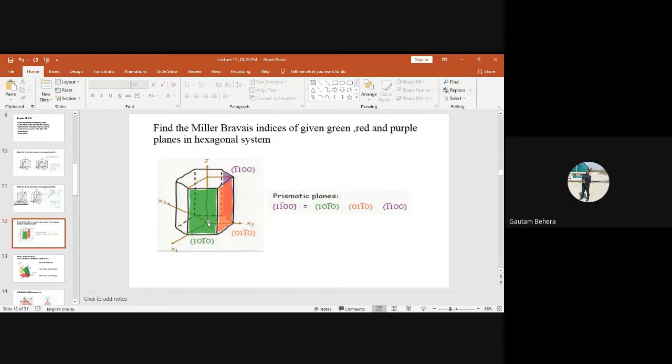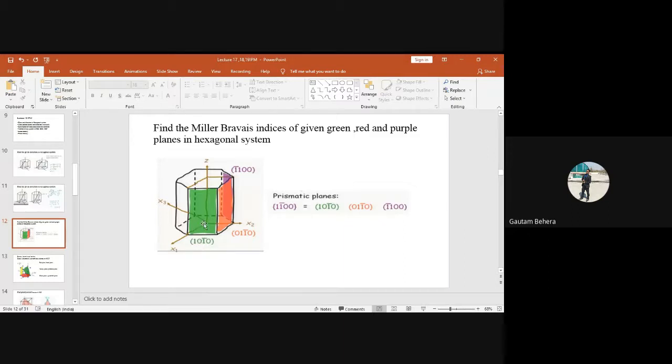So that means this is the origin. You can see this particular green plane is intersecting the x1 direction by 1 unit magnitude, so I have 1 over here. Then you can see x2. This x2 axis is parallel to this given green plane, so this plane will intersect the x2 direction at an infinite distance. That will be 0, because 1 by infinity is 0. So I have written 0 over here.